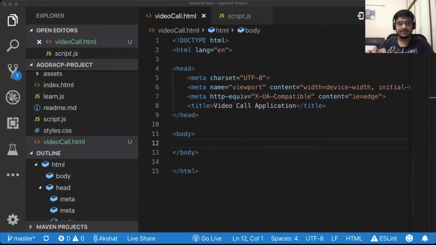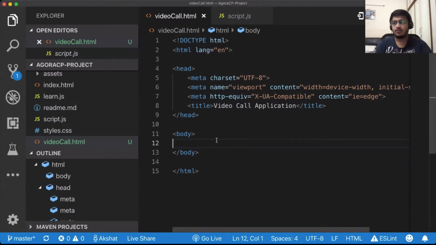All that will be inside the big container we just spoke about, and we can have, say, a form which collects your channel name on the left hand side, and you can have your video shown up on the right hand side, and you can have all the other users in the channel displayed below your photo. This is a very simple UI. Don't get worried if you don't understand how it's going to look. We'll build it from scratch right now, and you'll see how easy it is to implement.